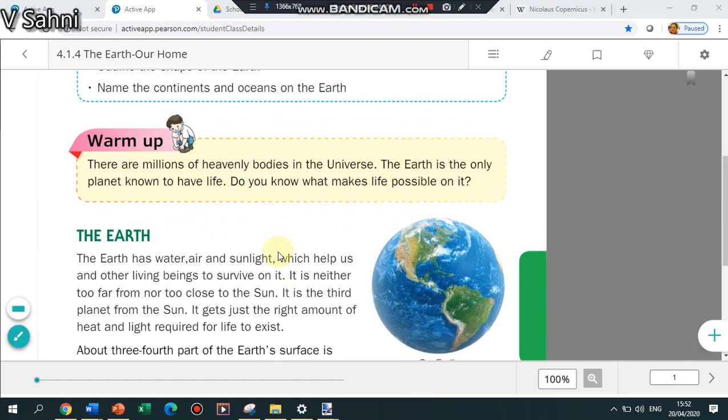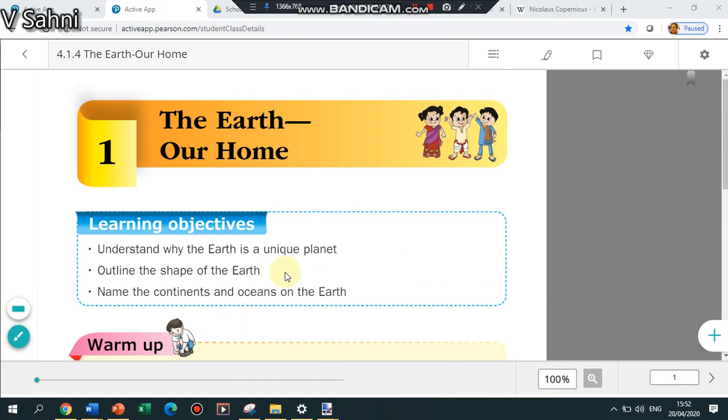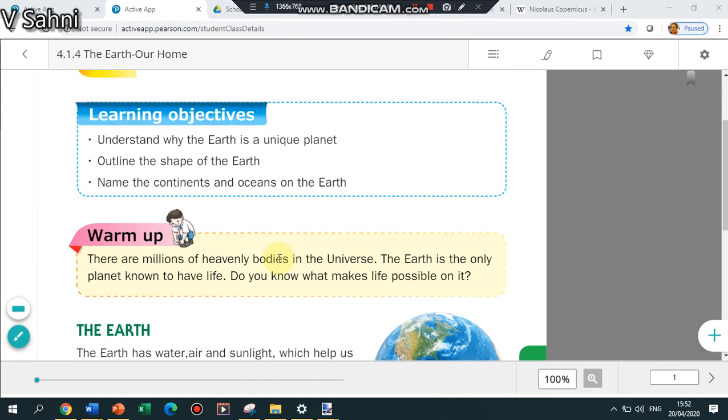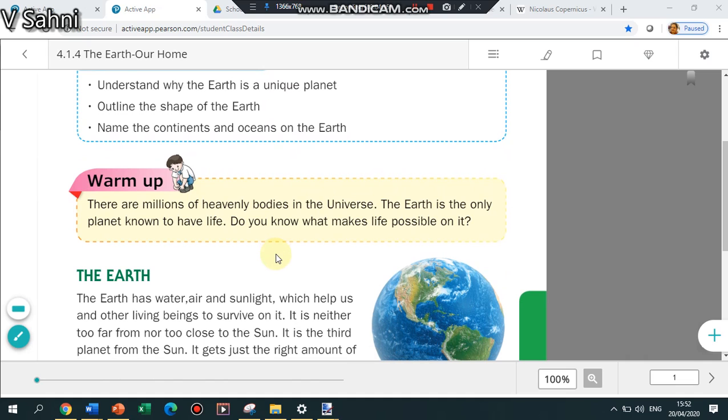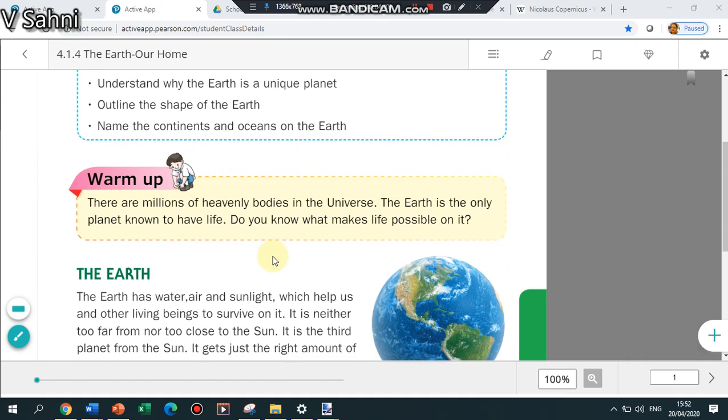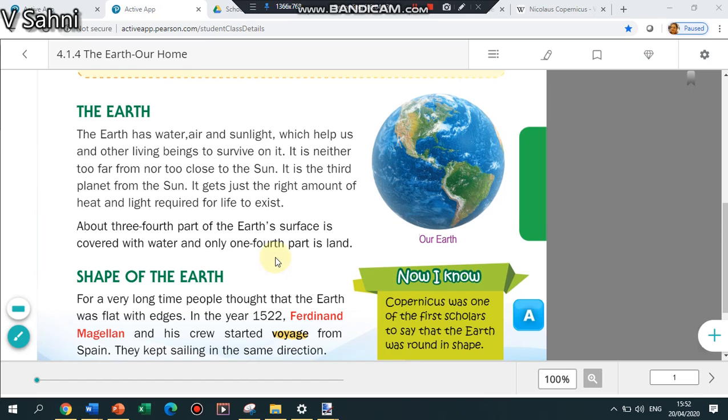Okay. So the name of this chapter is Earth, Our Home. This is the first chapter in social studies. Again, I am telling you there will be only one exam of EVS. The book is divided into science and social studies like this, but the exam will be of one only, EVS. We have just taken a few chapters from science and 2 from social and merged them into EVS. All right. So the first topic here is about Earth and the shape of the Earth.